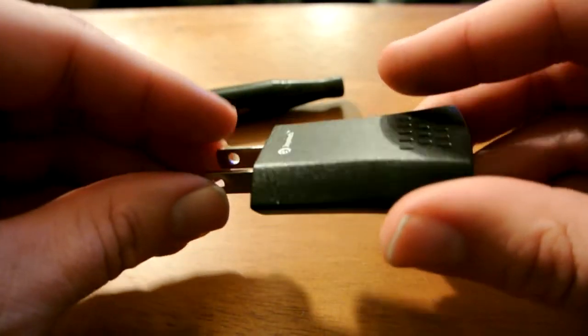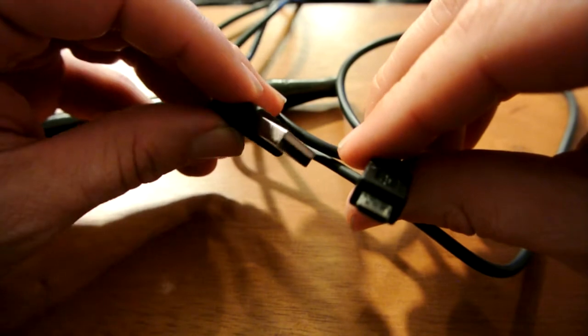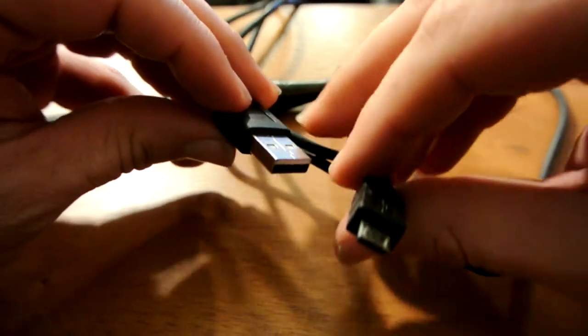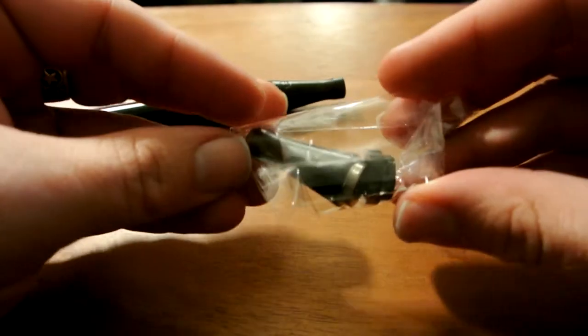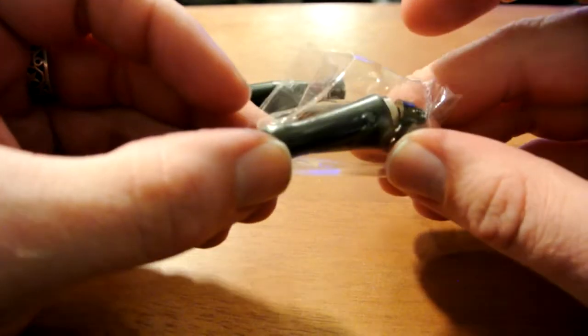It also comes with your standard Joyetech wall charger, USB, as per usual. Comes with the cord, which, here we go. Yeah, so your typical micro USB that goes in the device, and then the USB that goes in the charger or computer. Either way. You also get a second mouthpiece here, and you get a drip tip adapter, which is